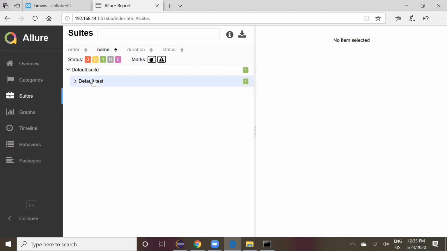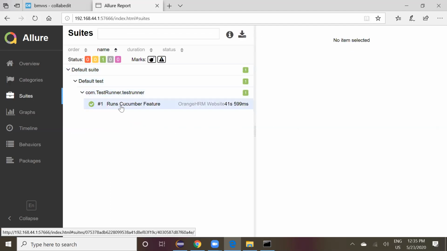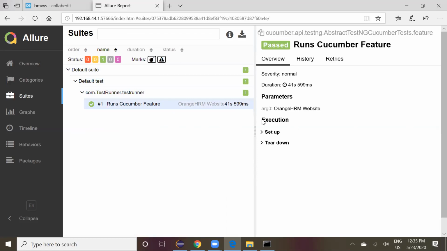How did we generate that Allure results folder? What command did we give in the command prompt? No, the Allure report generates itself. When you run the code, if everything is configured, it generates the results. It is showing 0 tests in the graph.